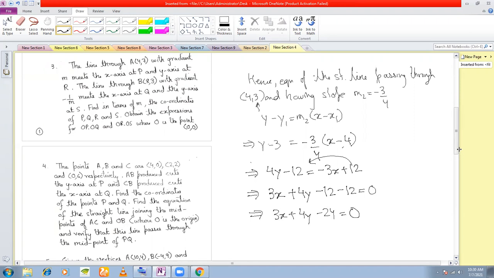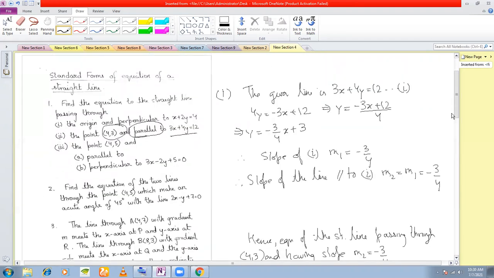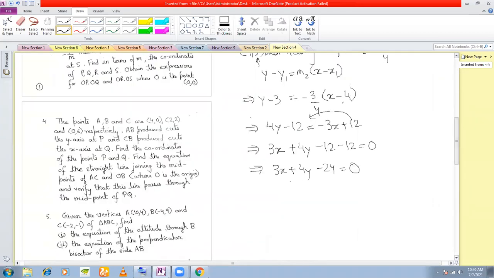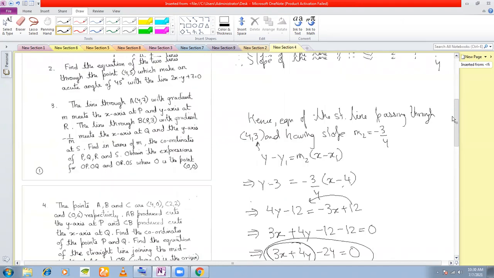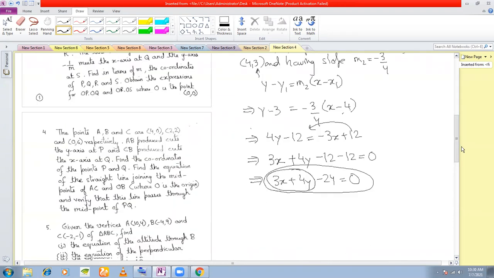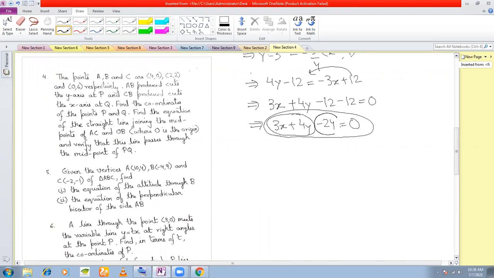Okay, now a very interesting observation here. As I showed you earlier, the given equation of the straight line here was 3x plus 4y, and the equation of the parallel line that we have found out was 3x plus 4y minus 24. If you notice these two equations, the coefficient of x and the coefficient of y are the same. These two equations differ only in what? Only in this. You can write the first equation as 3x plus 4y minus 12 is equal to 0. See, only this part is different. Here we have minus 12, and for the other parallel line you have minus 24. So a very interesting observation.